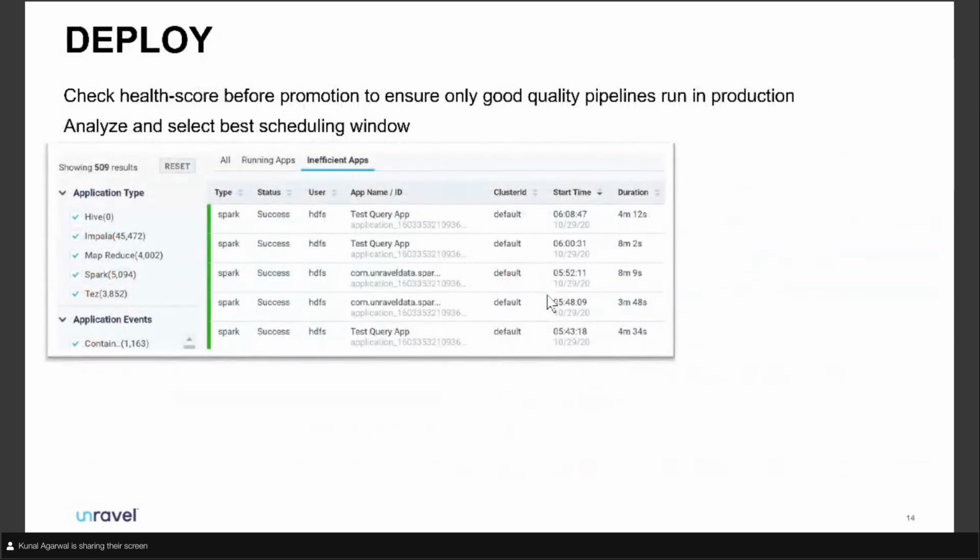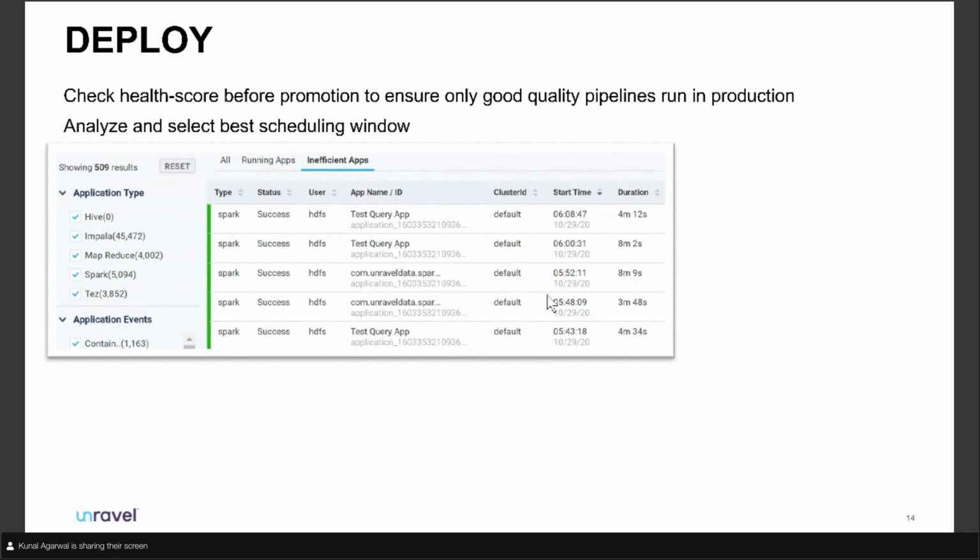Deploying. This is a fun one. This is where the handshake happens between the developers, the hands on the keyboard, the people who are creating the applications, and the operations platform and system admins, right? And this is where, today, a lot of problems just get thrown over the wall and someone says, here, you guys take care of it now, not my problem anymore. In a good DataOps environment, everybody takes equal responsibility to make sure that things are running in a healthy fashion